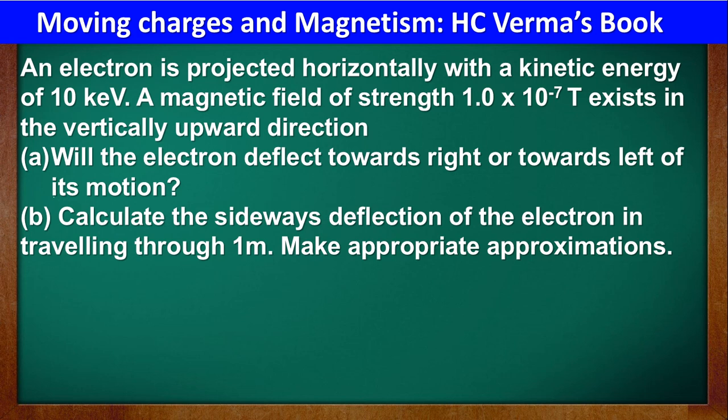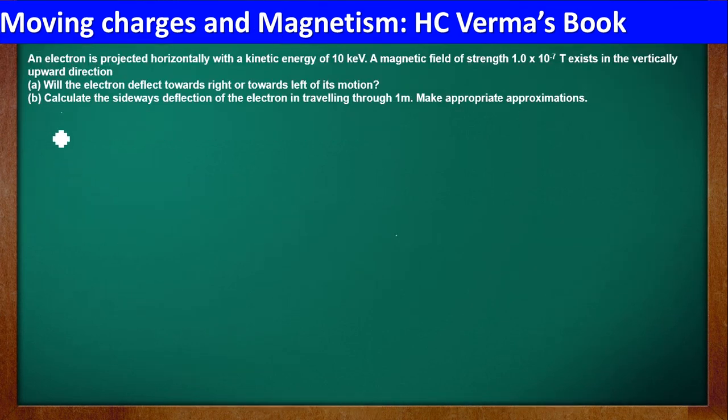So basically in this question he is saying that the magnetic field is vertically upwards, isn't it? For example, an electron is projected in this fashion, horizontally. Now he is asking whether the electron deflects towards the left or the right of its motion. If you solve this problem from this direction, you will not understand it. So for that, we'll try to observe it from the top.